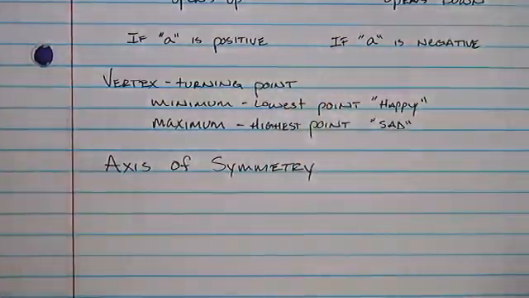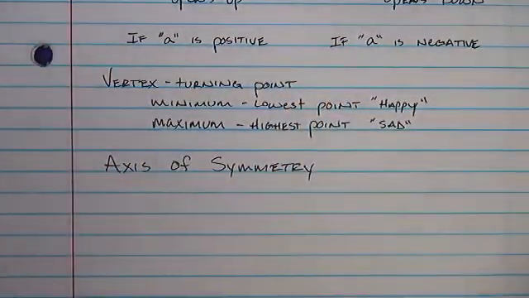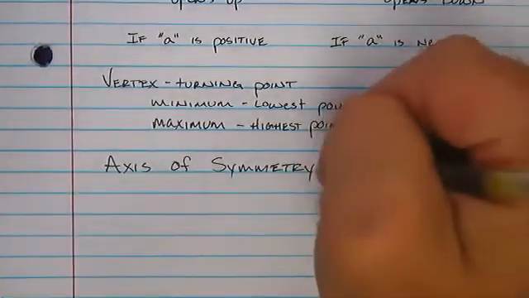Because all parabolas are symmetrical, they're all going to follow kind of a mirrored image of itself. If you were to cut it in half, you could fold it over onto itself. So the axis of symmetry